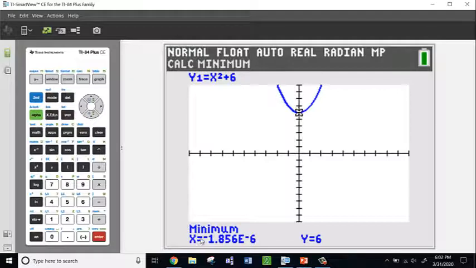Down here where it says x equals, you've got to realize that this is in scientific notation. That capital E like that is in scientific notation. It means times 10 to the -6, which you've learned in science classes. That means you move the decimal point 6 times to the left. So if I move this decimal point 6 times to the left, it'd be